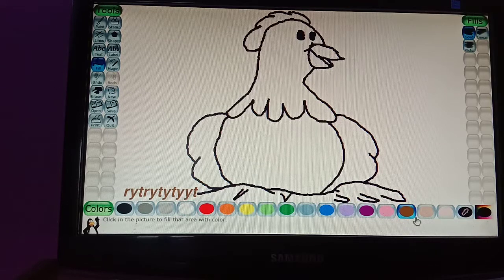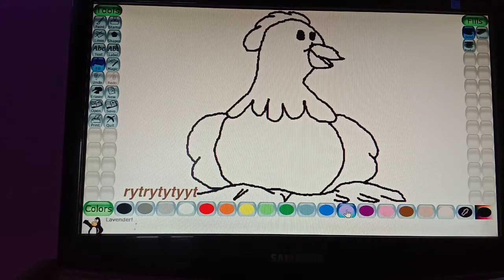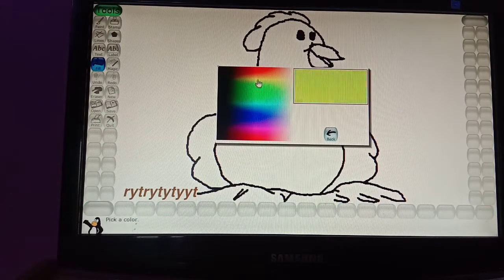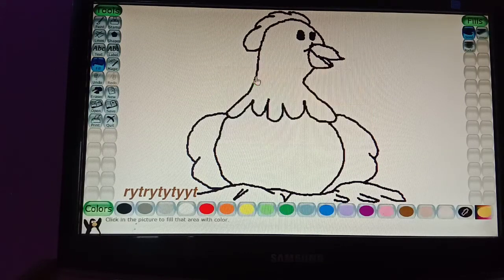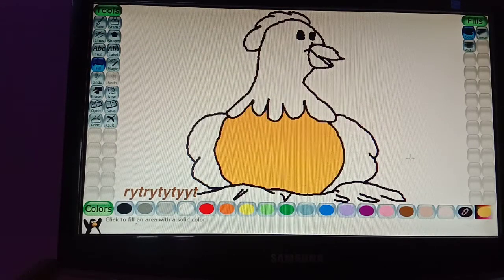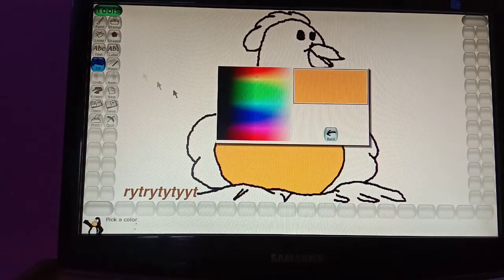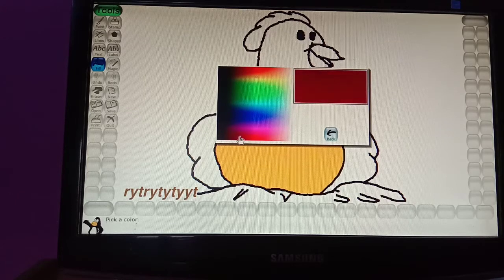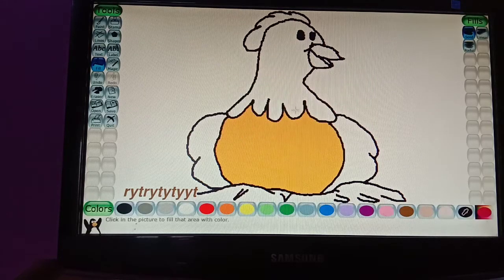Let's select the color for it. I want the hen to be of this color, and some red color will also be there. So this color will be there.